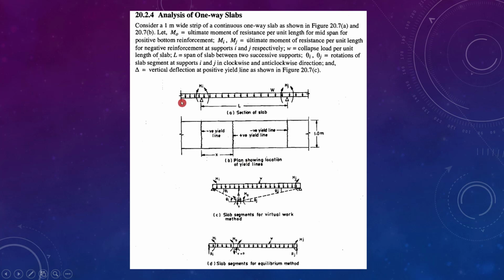So this is a one-way slab, which is a continuous slab. So let's consider a 1 meter wide strip. This is the length direction. Consider a 1 meter wide slab strip, a continuous one-way slab shown in figure 20.7b. Let M0 be the ultimate moment of resistance per unit length at midspan for the positive bottom reinforcement. So for these conditions,